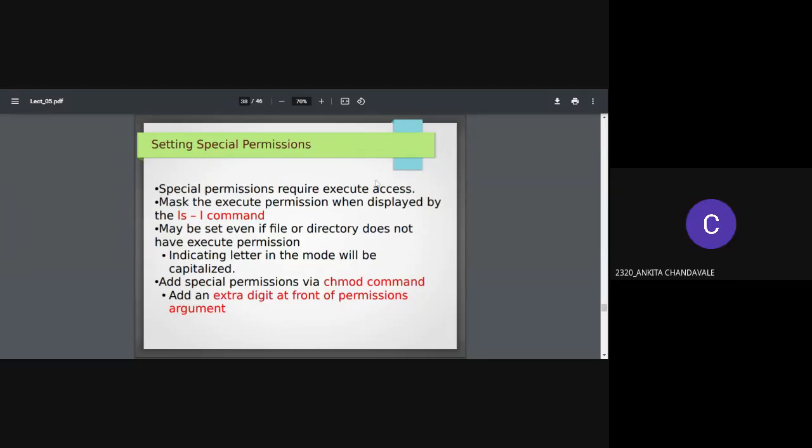Special permission is... any queries? Ankita,